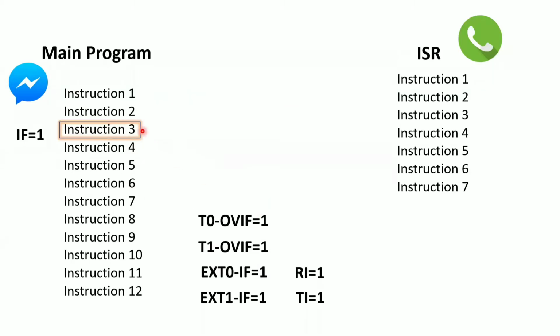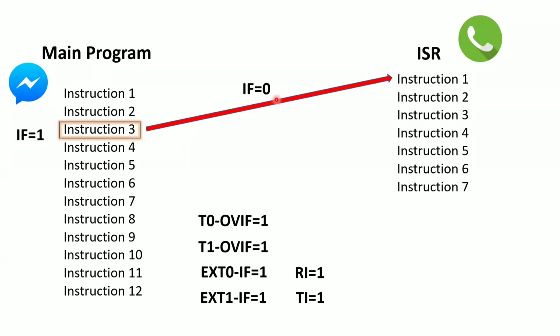Now once the interrupt has occurred, which means the interrupt flag is equal to 1, the processor will go to the ISR. Before going to the ISR, the processor has to make the interrupt flag 0. Why? Because if the interrupt flag is still 1 during interrupt processing, the processor will again see that the interrupt flag is 1, which means an interrupt has occurred again, so it executes this program again and again, which makes an infinite loop. That's why, whenever you are processing the interrupt request, before going to the ISR, the interrupt flag must be made 0.